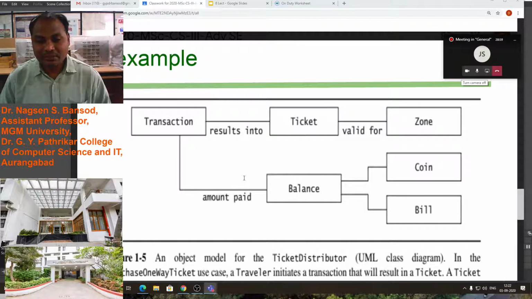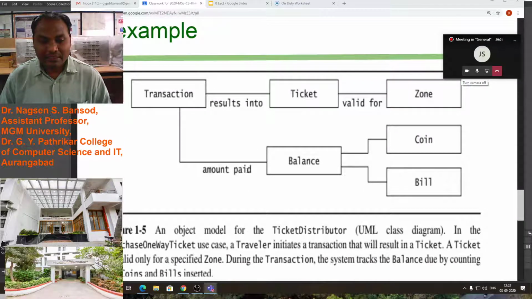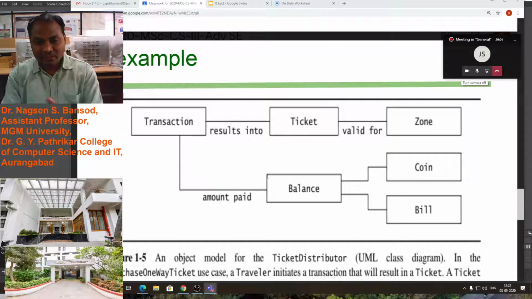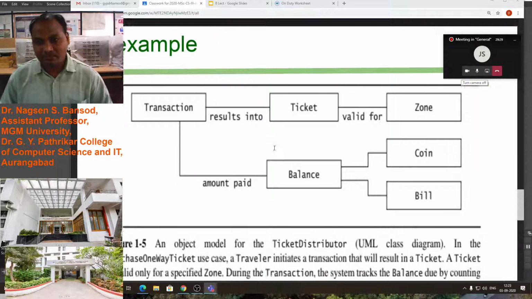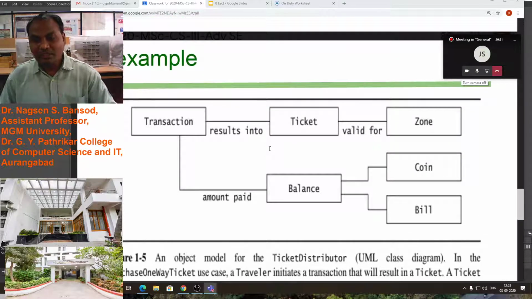You see, this is the UML class diagram. We can say this is a subsystem. Okay, this is a small component of the big system, so we can say this is a subsystem. Just keep in mind, if we take only one component, one communication, in transaction and ticket, then that will be an object of that subsystem, and our project will be a collection of various objects.